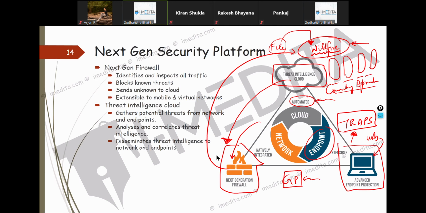The benefit of this is, this endpoint security solution is going to talk to a server. Okay, I'll not go into the details because this is out of the scope of this course, but it's going to talk to a server, the enterprise security manager, which in turn will also share this same threat intelligence to the same cloud. So even if an endpoint gets infected, your endpoint security solution can talk to your firewall or network security solution. Okay.